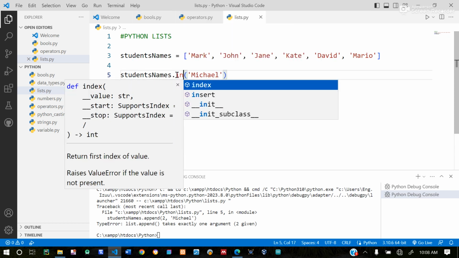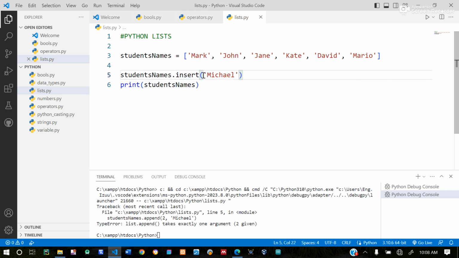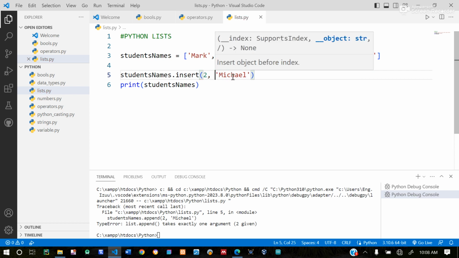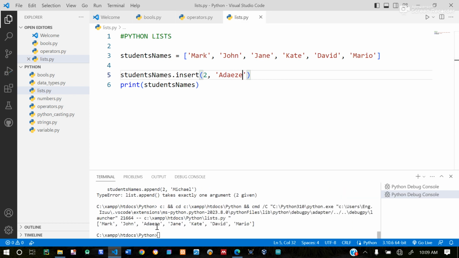method to actually insert to a particular position. So I can say insert to position number 2, and what you are going to insert for me is Adeze. So if I run the program again, I'm going to see Adeze at the index position 2. Remember, we no longer have a Michael. Okay, so that is how you add, insert